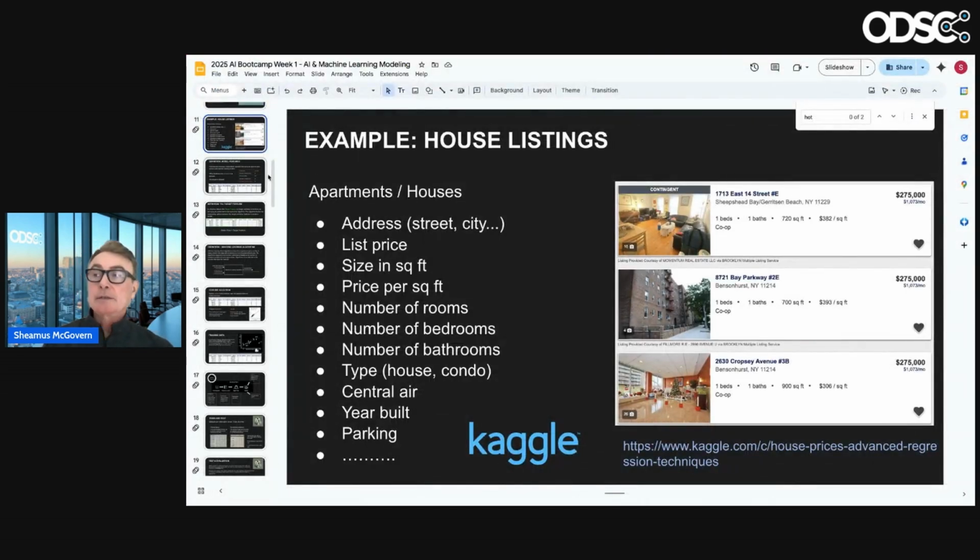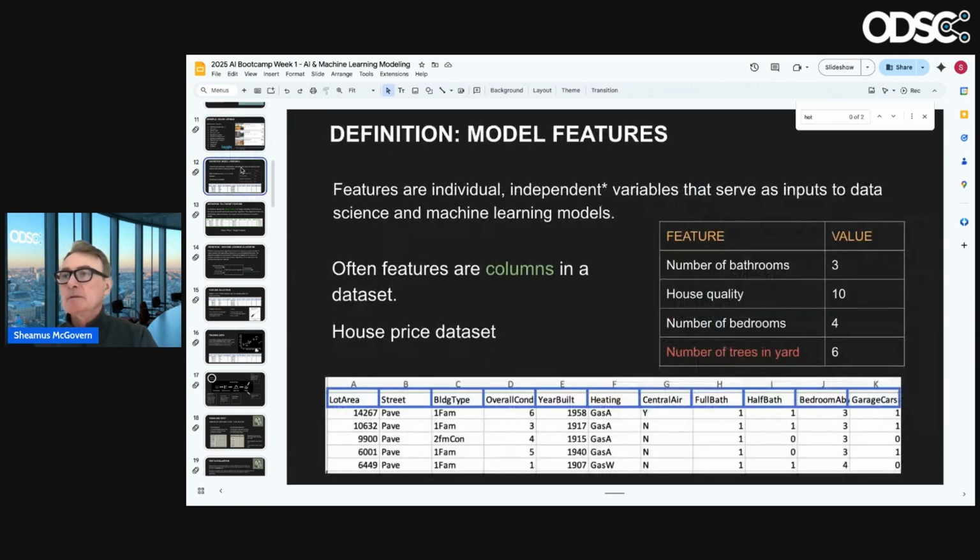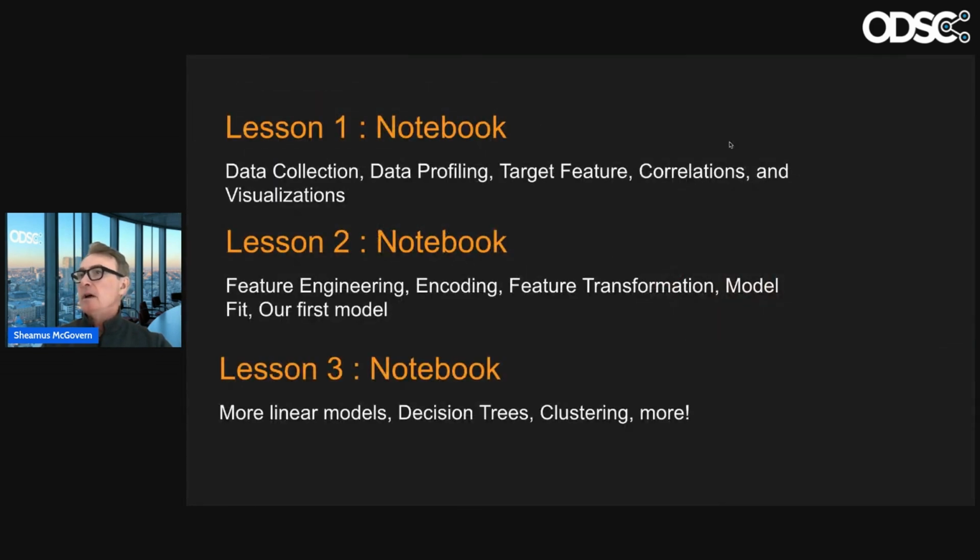Yeah, last week we did our introduction to AI and machine learning modeling. And I will go over that a little bit because now we're going to encode all of these things we talked about. So let me not get ahead of myself, though. Let's see what's on my slides first before I get into the weeds there. All right, we've got 3 notebooks we want to look at today. They get more complicated as time goes on.